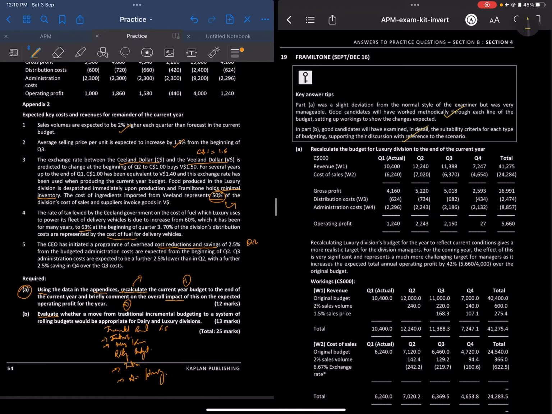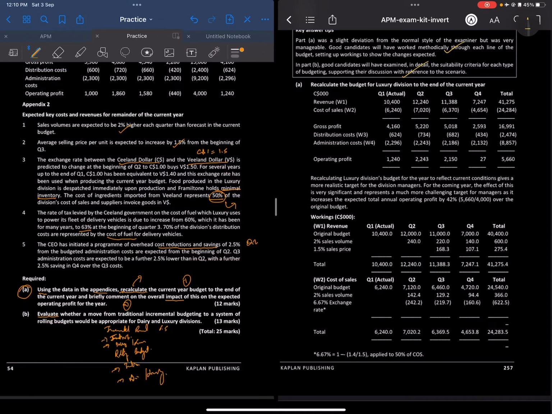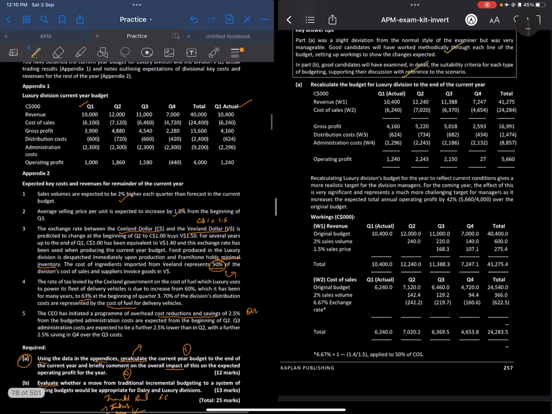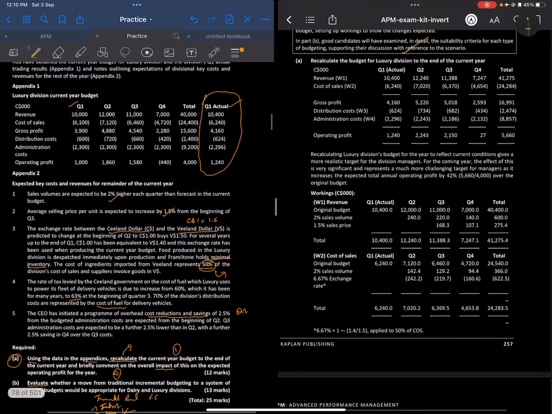So we need to recalculate the cost, right? First of all, for the revenue, the actual is given, so we put that number in, and then we need to calculate for the rest of the quarter based on that. So for revenue, what is it? Sales volume is expected to increase by 2%, and then the selling price by 1.5%, right? Original budget is 10,400, and then based on